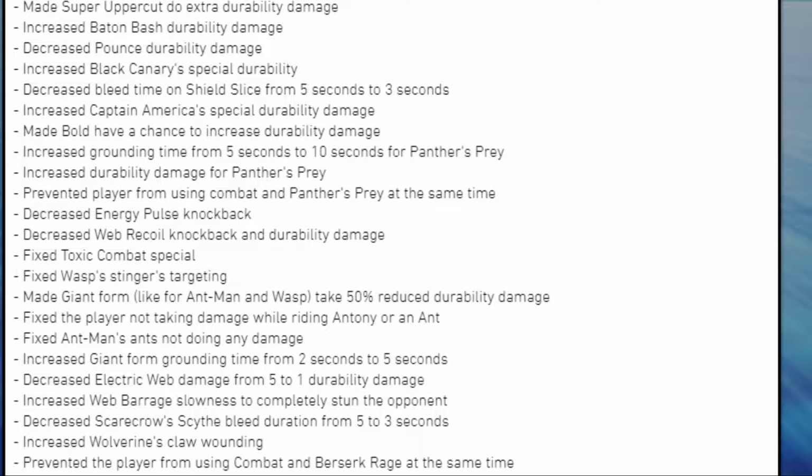fixed the player not taking damage while riding Antony or an ant, fixed Ant-Man's ants not doing any damage, increased Giant Form grounding time from 2 seconds to 5 seconds, decreased Electric Web damage from 5 to 1 durability damage, increased Web Barrage slowness to completely stun the opponent, decreased Scarecrow's scythe bleed duration from 5 to 3 seconds, increased